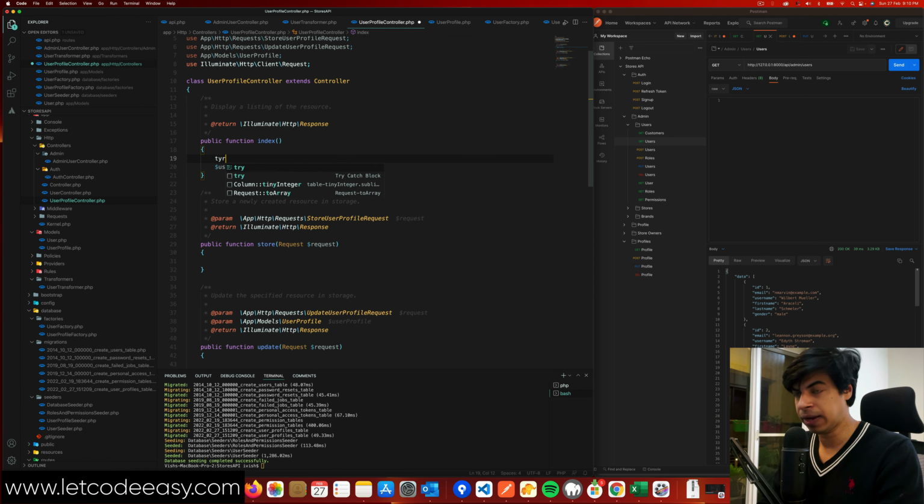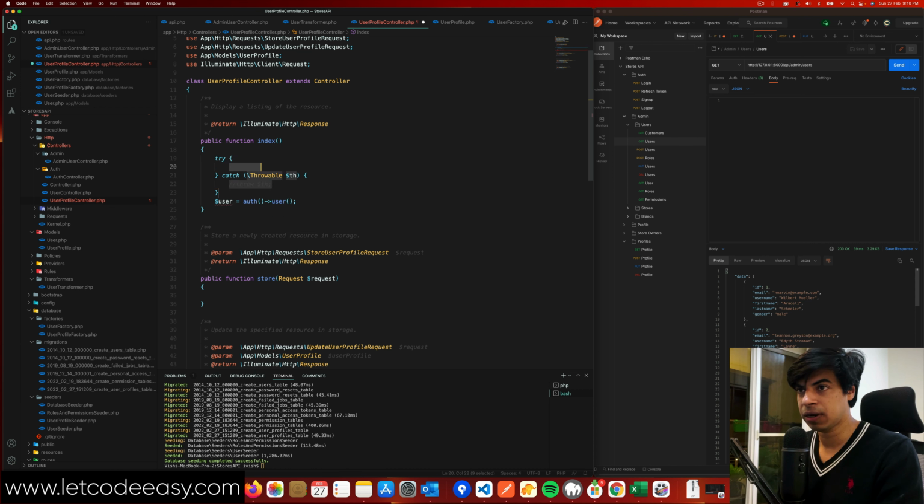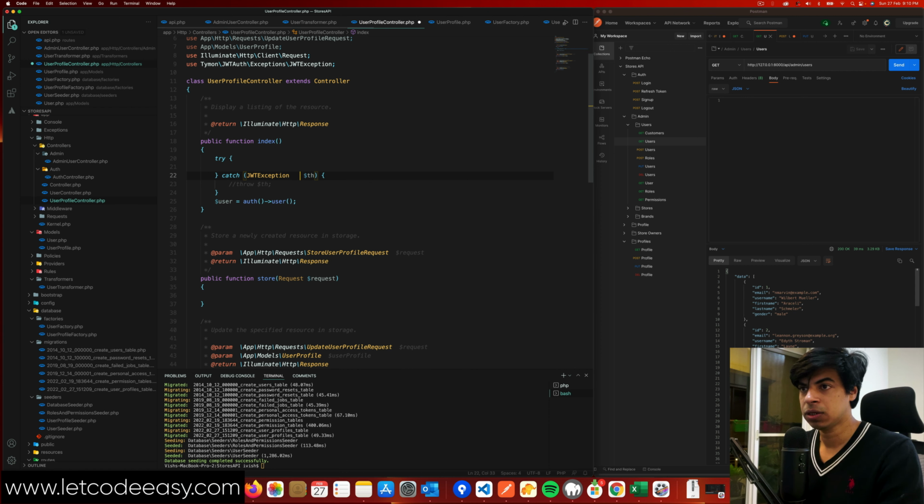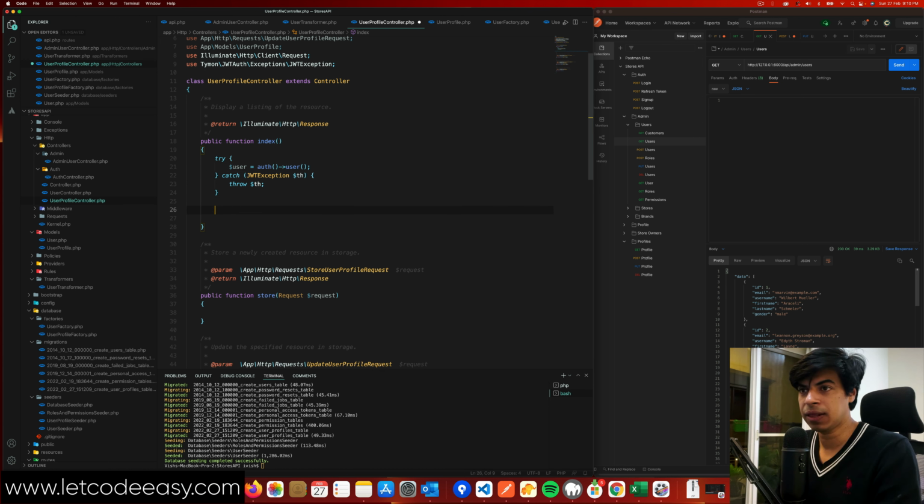So maybe I protect it within a try. If there is any error, can throw it right away. And this might be a JWT exception maybe, so I'll just throw only that. I'm gonna uncomment this to, if there is JWT exception, I'm going to throw that, because we are consuming the JWT auth itself over here. And then if it is okay, then this is what I'm going to return, dollar this response,